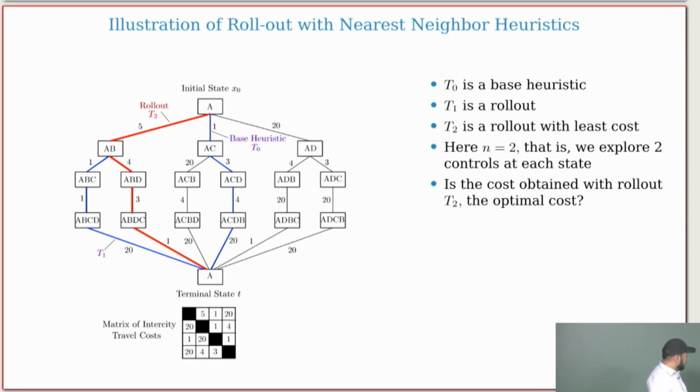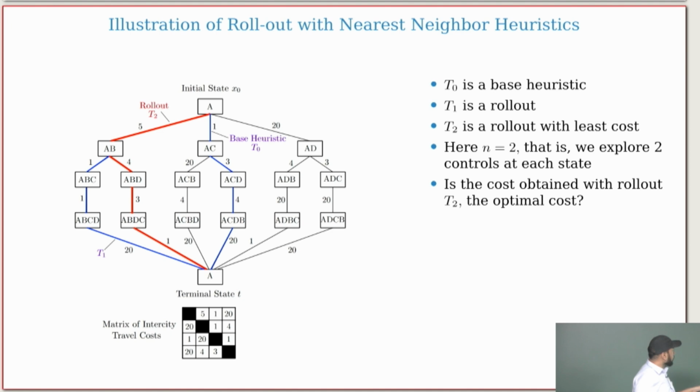So this becomes your another trajectory, and now you compute the cost of these. So cost of this is 20 plus 1 is 21, 22, and then 5 is 27. And what was the cost for the base policy? 20 plus 4 is 24, plus 3 is 27, and 28. So what you got with this exploration is a cheaper route here, and then you can explore more from there